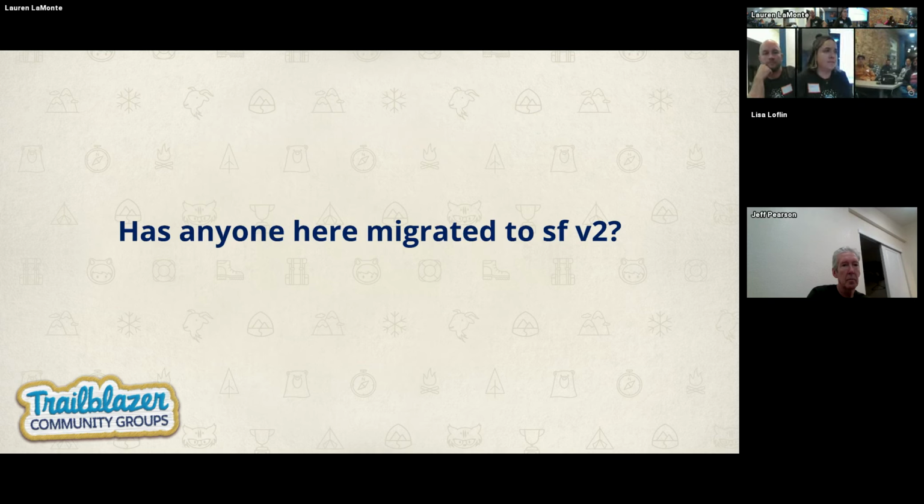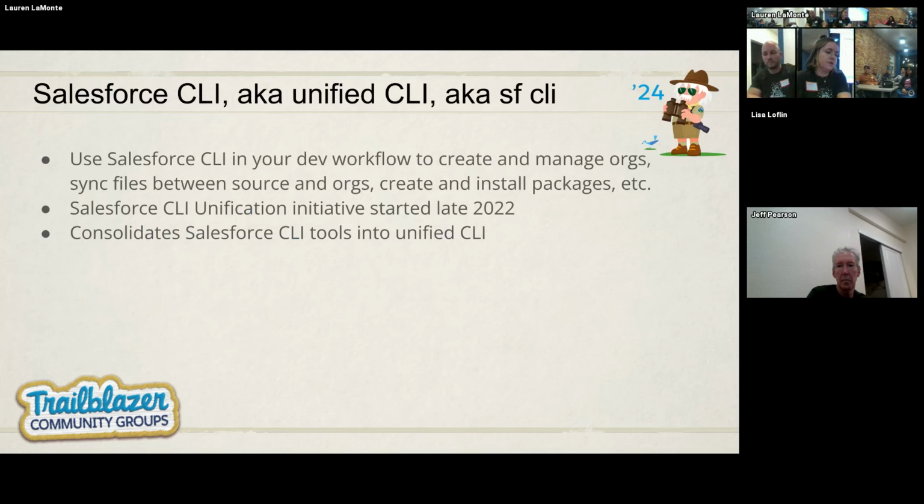If you upgrade, there are also a lot of benefits in terms of performance and response, better error messaging and logging for the tool. So it's worth the upgrade, even if SFDX weren't deprecated. I mentioned some of them, but if y'all know any other benefits, feel free to shout them out. Cool. So basically, Salesforce CLI, aka Unified CLI, aka SF CLI,